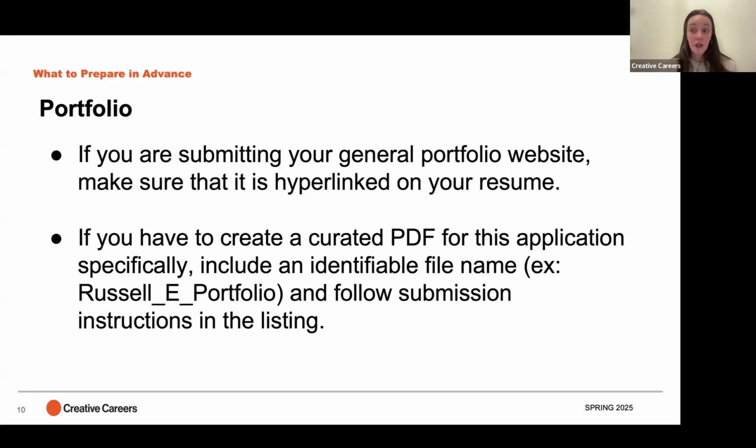However, there might be some circumstances where an employer asks you to submit a curated PDF or slide deck or some other form of your portfolio for a specific application. Again, we want to make sure that we're really carefully following the instructions that we've been given so that we can share with them exactly what they need. If they list a specific number of pages or projects they want to see, or even a specific format in terms of information, dates, details,